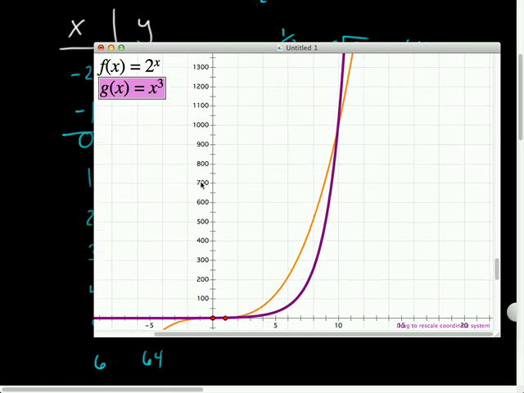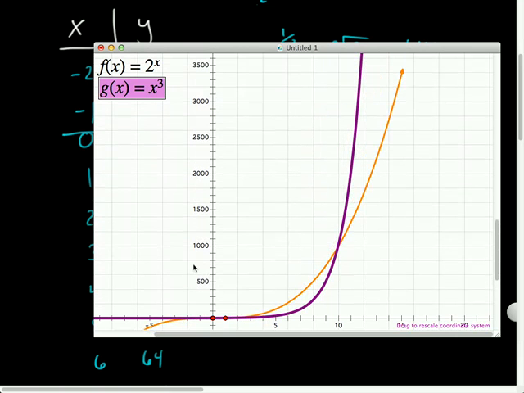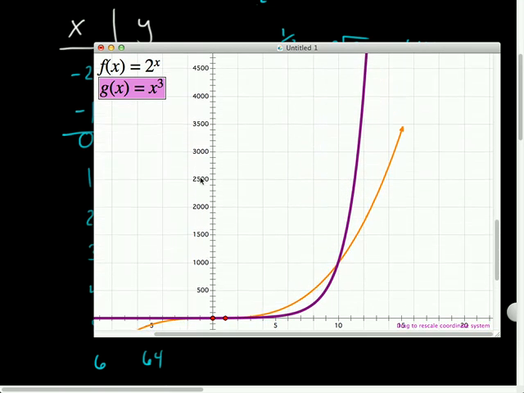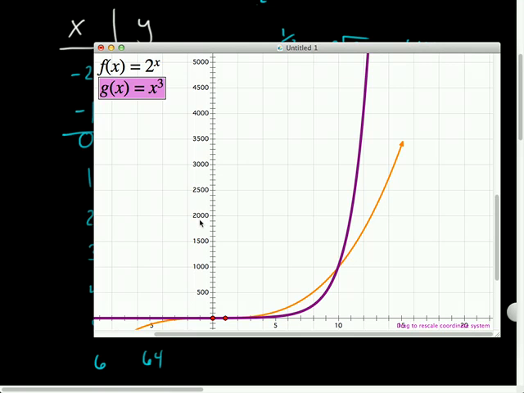Oh boy. Man, and then purple takes the lead again, and just skyrockets way past it. Yeah, so 2 to the x actually will end up growing faster than any polynomial that we can think of. So exponential functions are pretty powerful things. In fact, exponential functions are used to model things like,